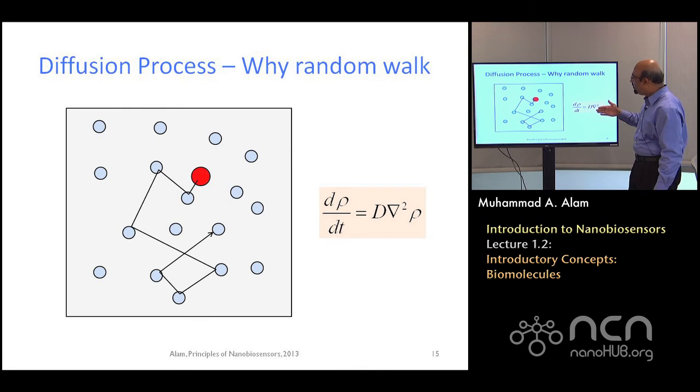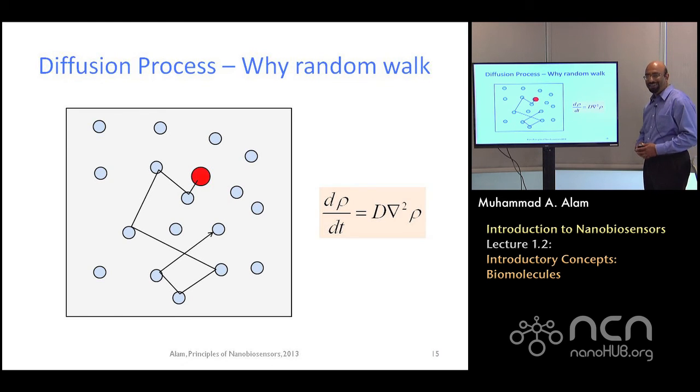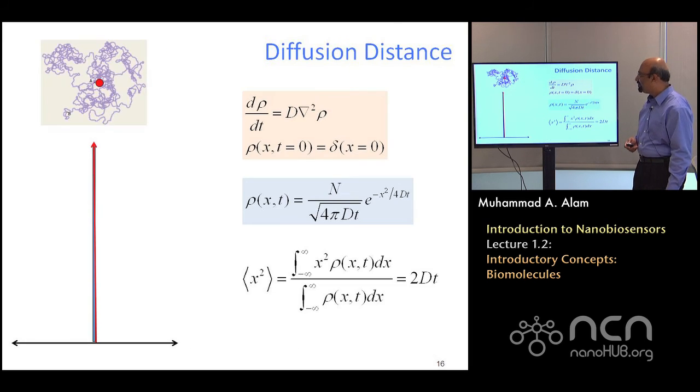And so the diffusion equation tells us how this molecule on average will drift around. Now, if you have forgotten the diffusion equation, I will have an appendix later on in which I will derive it. For the time being, I hope you can accept the equation as is, and we can move on. So let me tell you how far it will move.